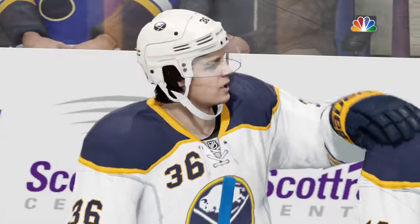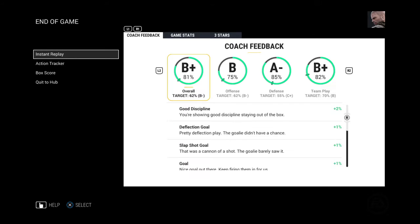The clock is at zeros. The game is over. The Sabres haven't